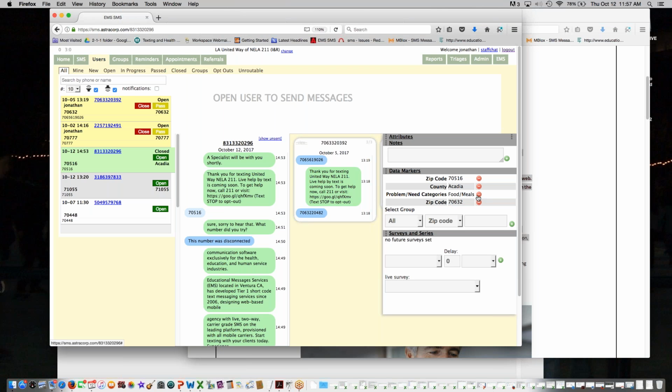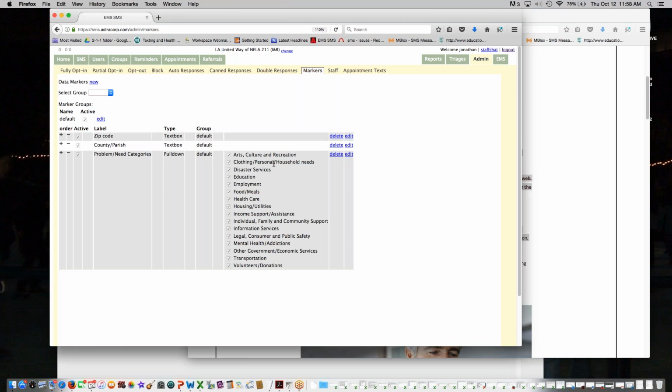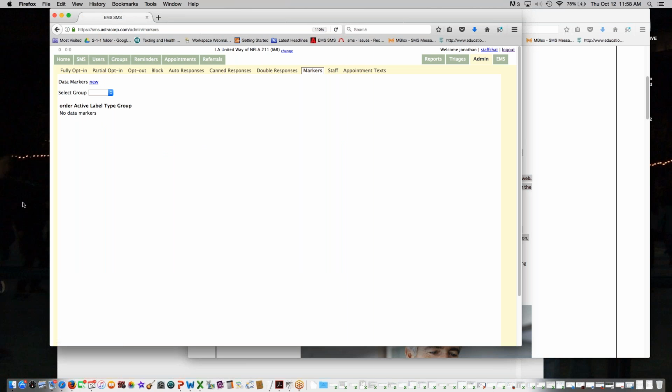So now I can get at this client that way in my data, or I can group text them that way. Under the admin tab, markers is where admins edit that content. If you don't like the problem needs categories, change them. If you want to turn them off, turn them off. If you want it to appear at the top,